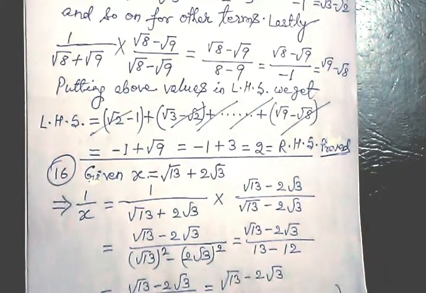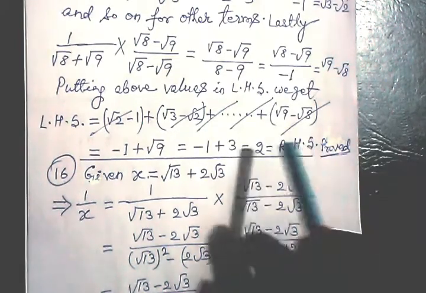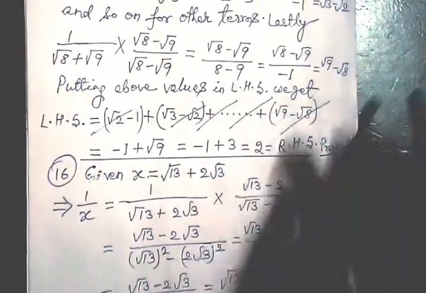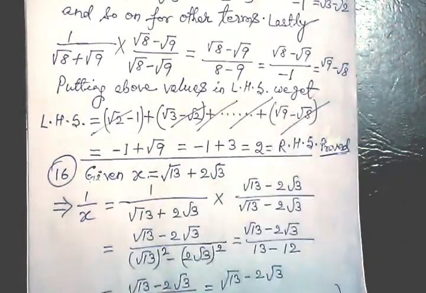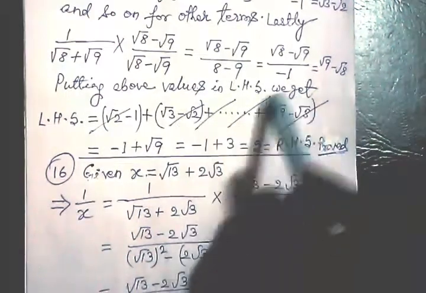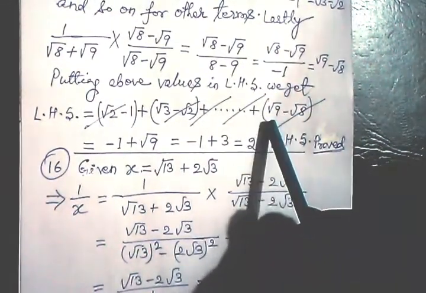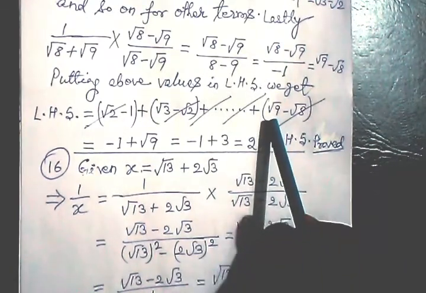So in this way, this root 3 will be cancelled, root 4, root 5, root 6 and all others will be cancelled, and also root 7, then comes root 8. Root 8 will also be cancelled by the bracket just before the last bracket. And then only root 9 is left here.